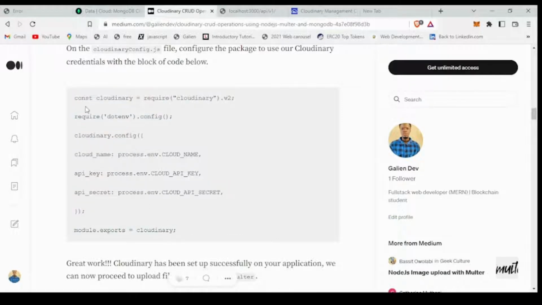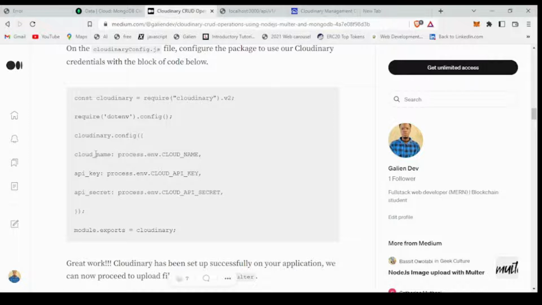To configure our Cloudinary, we will need first of all to import the Cloudinary dependency, and then also import this .env, because we're gonna use our environment variables here. So we just have to take cloudinary.config and use the method config, and then pass this